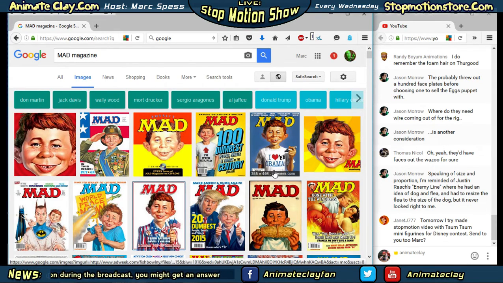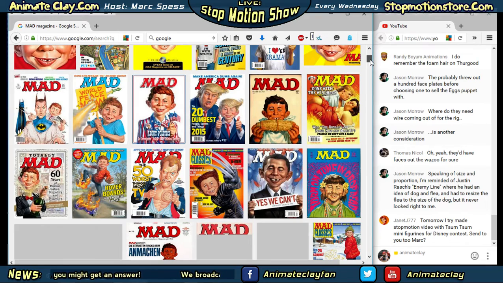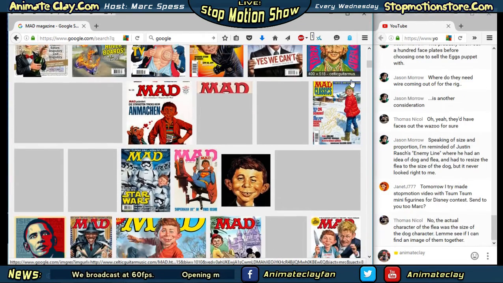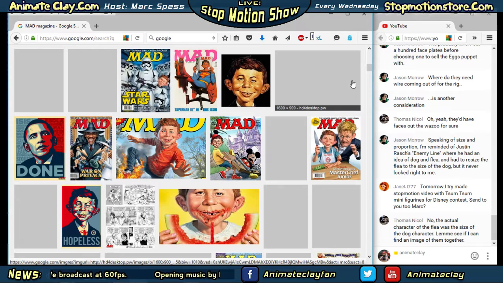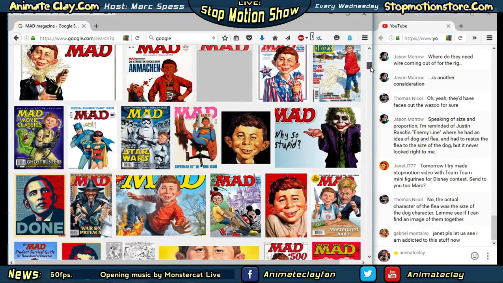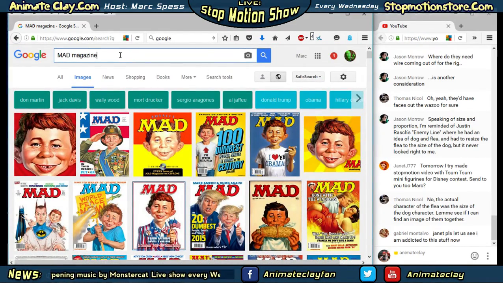So Mad Magazine is really popular in America. If you go to the grocery store, a lot of times they'll have this on the shelf, and also any kind of convenience stores that sell milk and bread, you can usually find these as well. And they're really cheap. They're only a couple of bucks, maybe $2-3 for an issue. And this is Alfred E. Newman, but let's see, magazine